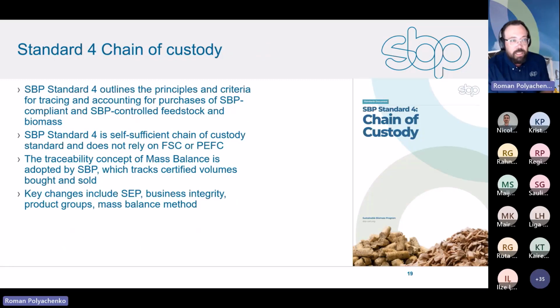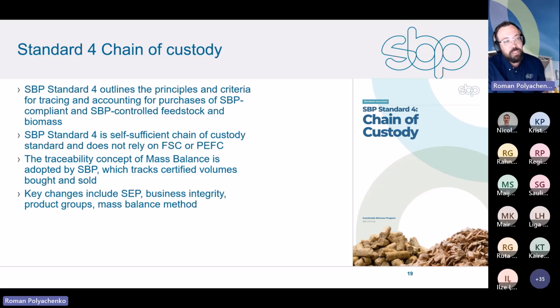Let's move to the next standard, Standard 4. So, as before, Standard 4 sets the requirements for organizations along the supply chain, what they must follow to trace and account for purchases of SBP compliant and controlled feedstock and biomass. Previously, in version 1, we relied heavily on chain of custody requirements of FSC and PFC. Standard 4 version 1 was very short, so it was almost only saying that you need to apply chain of